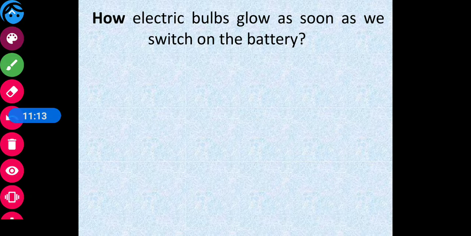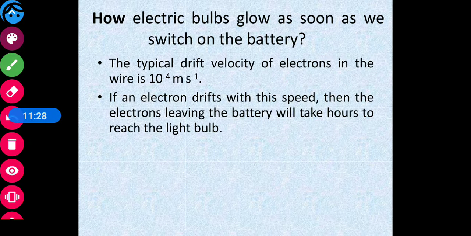Now, how does the electric bulb glow as soon as we switch on the battery? I think this question must have arisen in your mind. As you switch on the battery, the electric bulb glows. The typical drift velocity of the electron in the wire is only 10 raised to power minus 4 meter per second. If an electron drifts with this speed, then the electron leaving the battery will take hours to reach the light bulb. So it must take a long time,